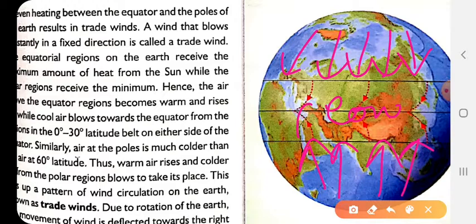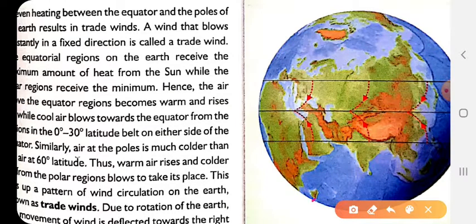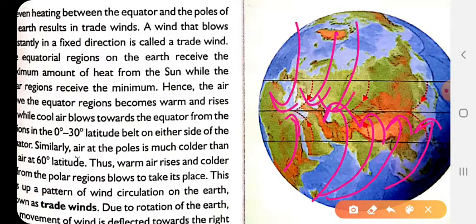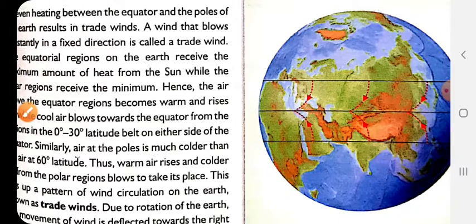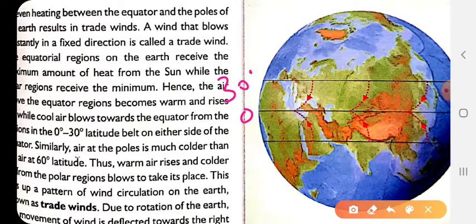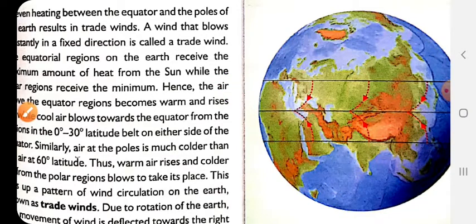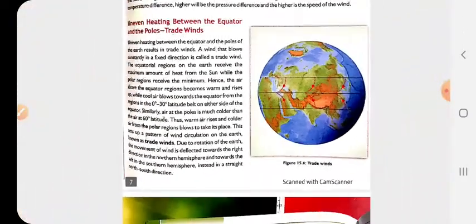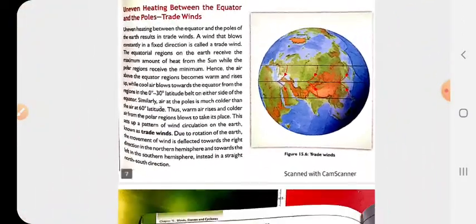So these winds are said to be trade winds, which blow from the poles towards the equator due to pressure difference. Clear? And they move in a spiral shape like this. In this shape they go because of the rotation of the earth. They cannot go exactly straight. Their path is curved like this due to the rotation of the earth. Clear it is? So these are the trade winds. This generally occurs between 0 to 30 degree latitudes. Clear? So these are the trade winds that we have discussed.